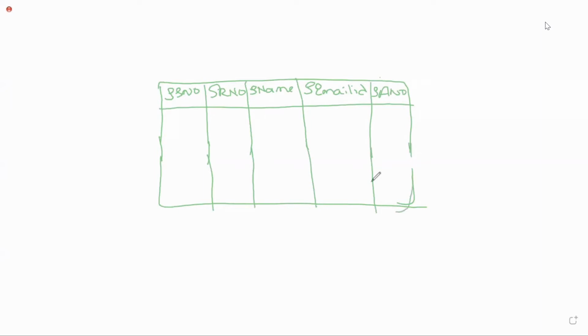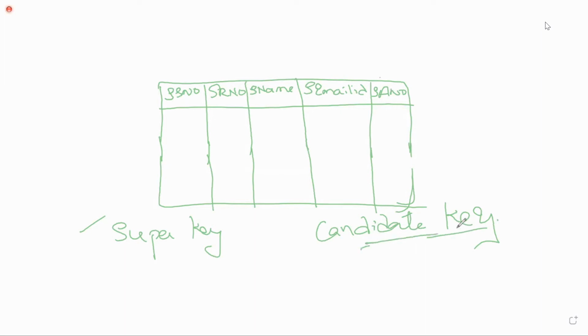So the difference between super key and candidate key, if you know this, then it will be easy for you to understand.